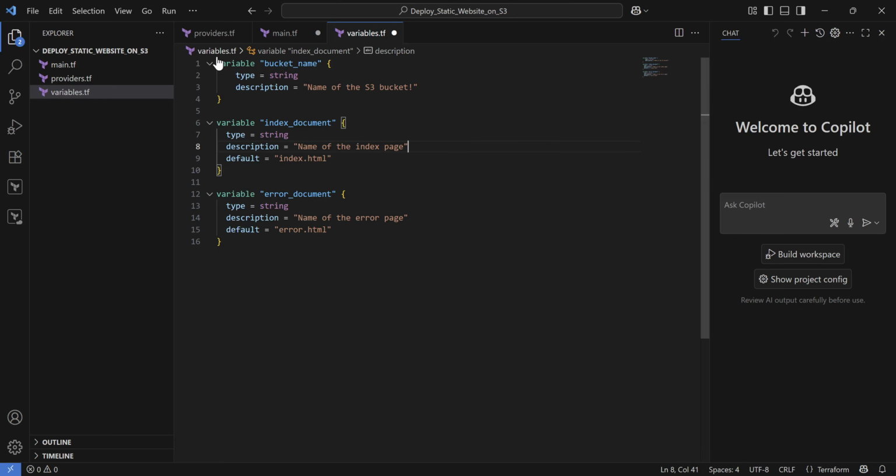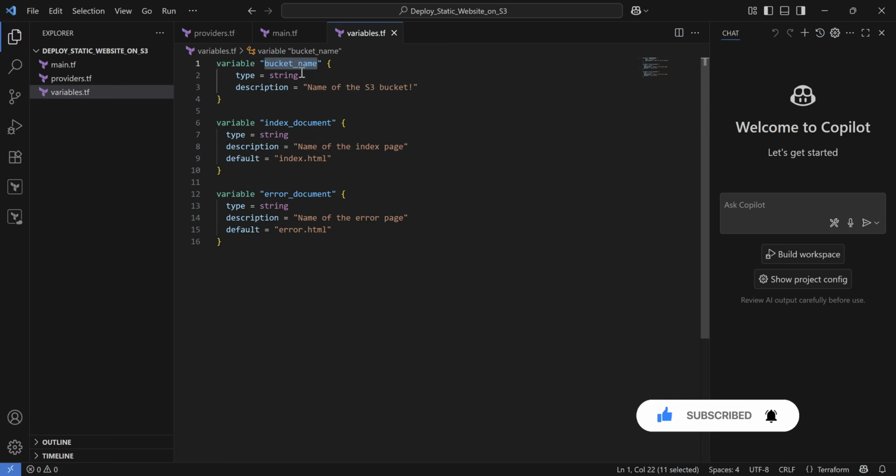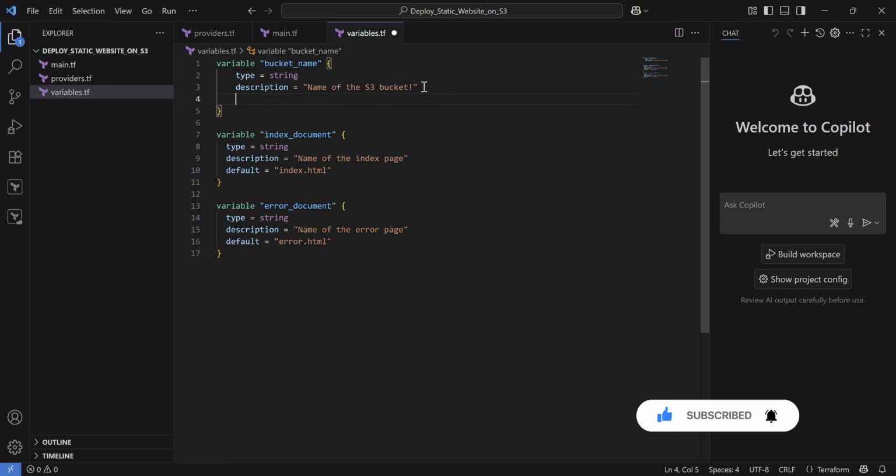This is how we can declare a variable in Terraform. Declaring a variable in Terraform is super easy. You just use the variable keyword and provide a variable name, and here there is no default value. If you're not providing the default value, Terraform will ask you to enter the value. So let's set the default value here.